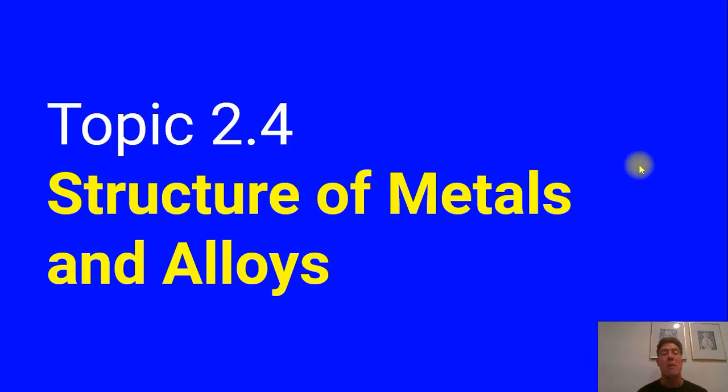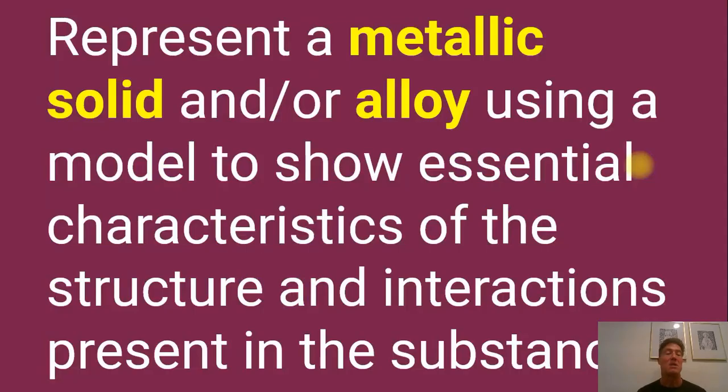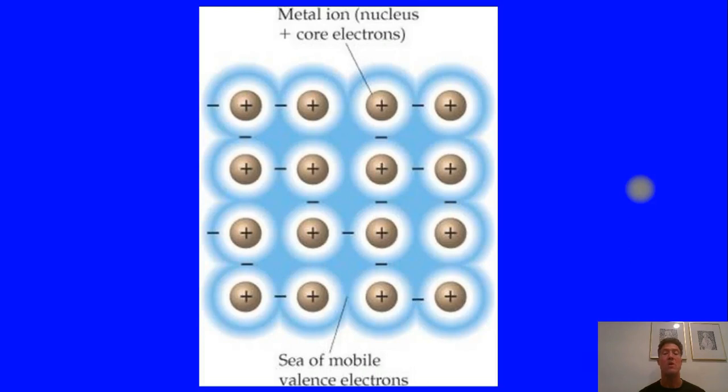That takes us to the structure of metals and alloys. Again, this is just a refinement of our Gen Chem understanding. We want to look at how we represent a metallic solid and an alloy to explain some of the essential characteristics. So when we look at a metal solid, it's helpful to consider it as all the metal ions. Think of these as the protons, right? Surrounded by these